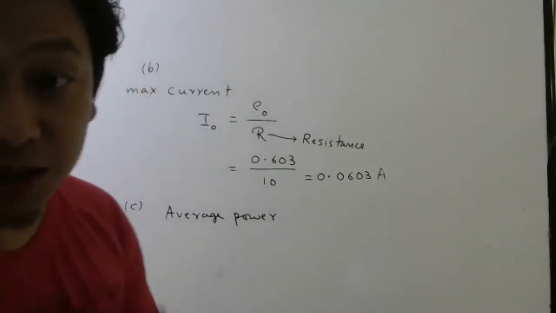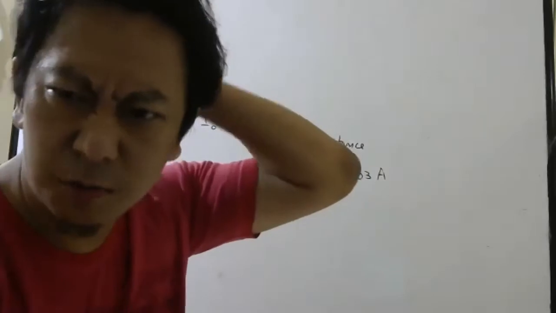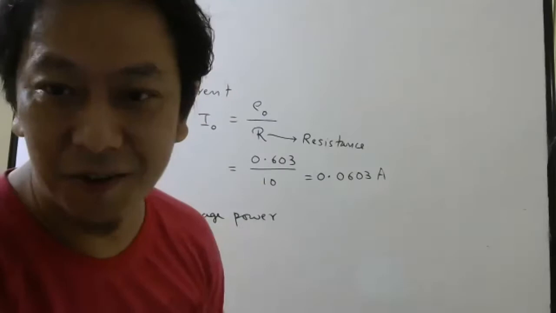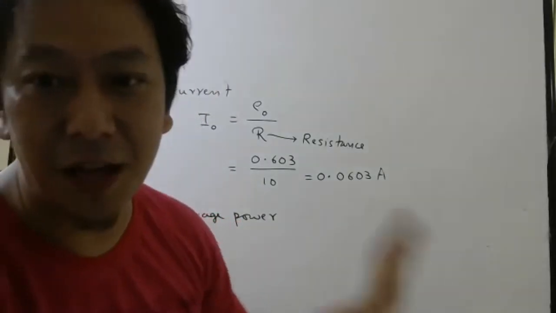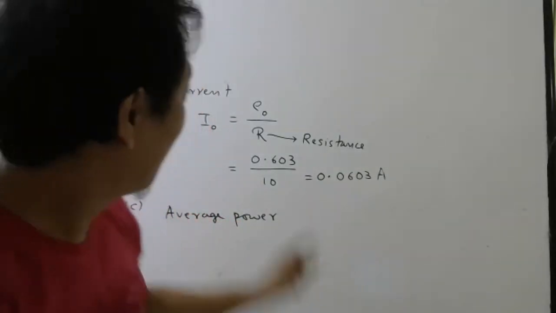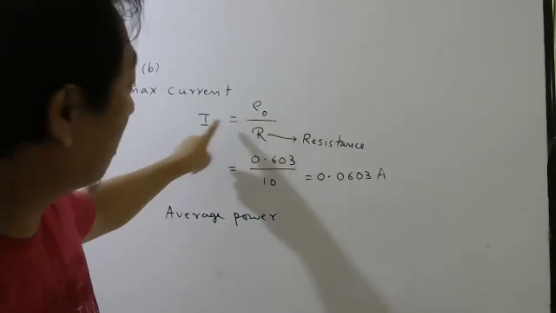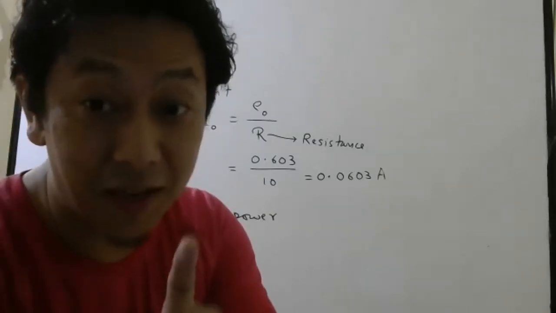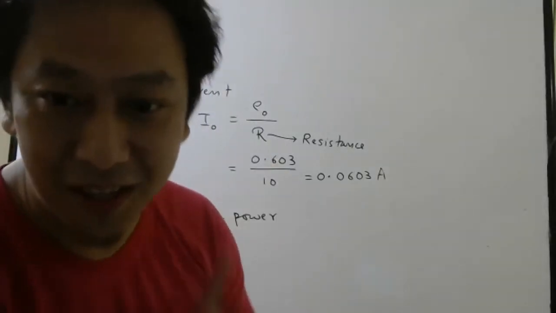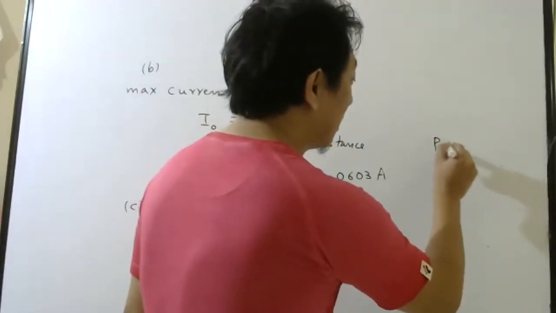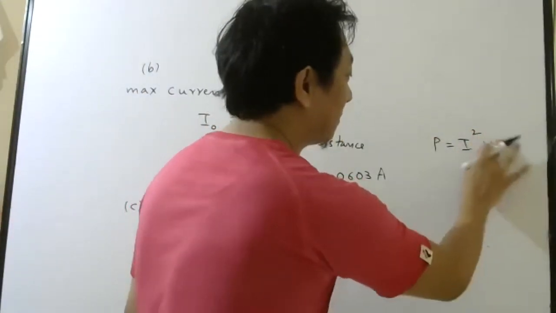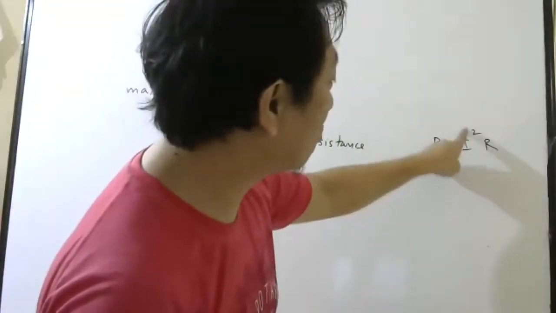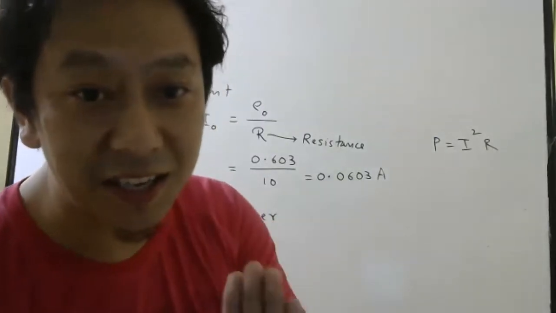Now this you should not think is zero. Now you may say, why sir, it should be zero. Average current was zero. If average EMF was zero, if average EMF is zero, what will be average current? Average current also will be zero, but average power will not be zero. The reason for that is power is I square R. Instantaneous power is I square R, where I is the instantaneous current.